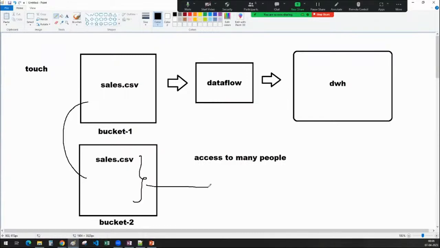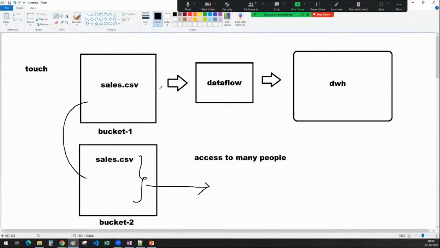Different teams can follow, because there will be a machine learning team, a data lake team, a data warehousing team, an analytics team, and a Looker team. They will take this file for a sample purpose, or as their input, and do some kind of activity on top of it. So for that purpose, I will provide different teams access.